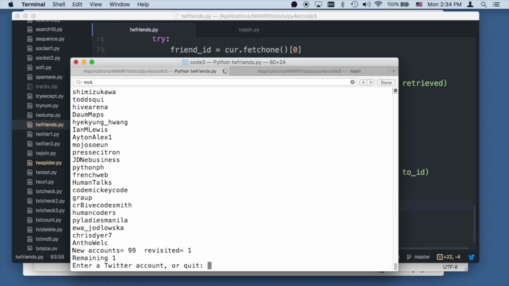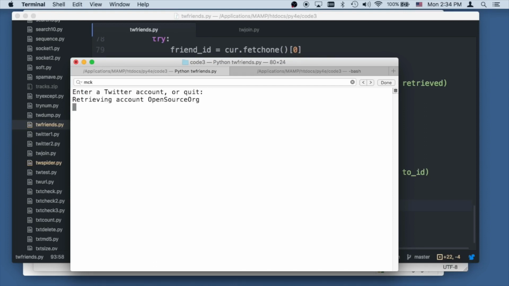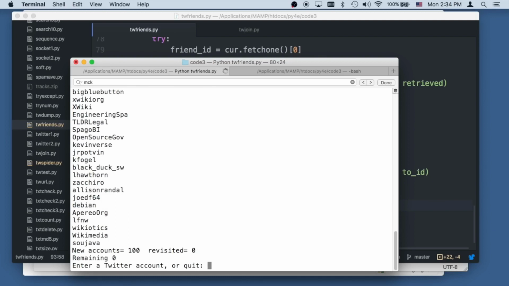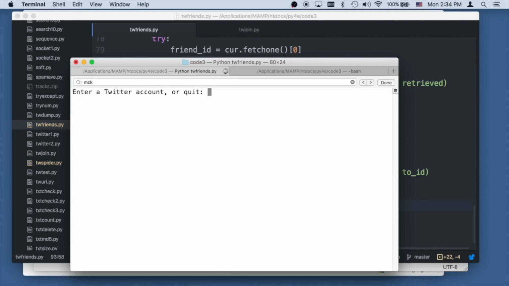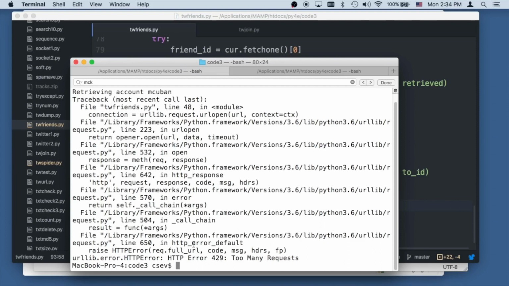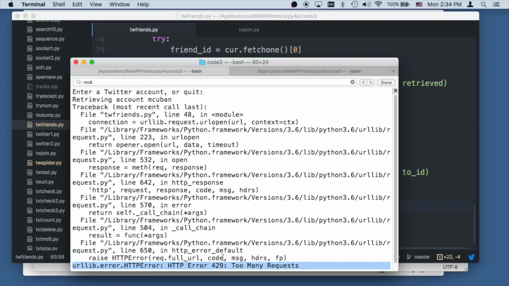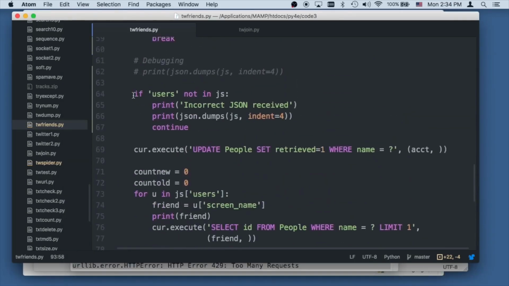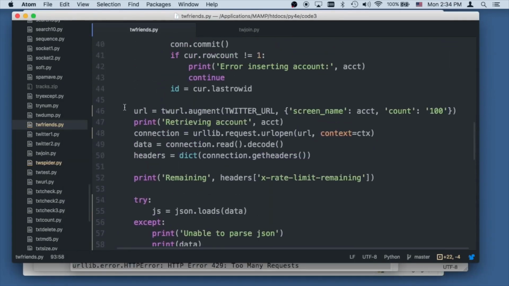Hit enter. Opensource.org. So we have 0 left. That worked. Now let's see what happens. I don't know what happens next. Oh, we blew up. Too many requests. We got an HTTP error 429. So that means that going for Mark Cuban, that was in line 48. So the right thing to do would be, in line 48,